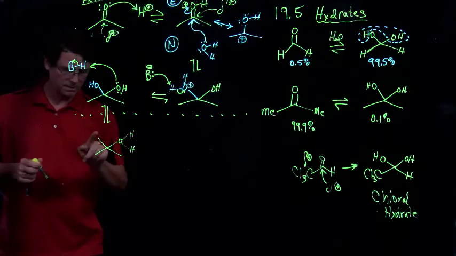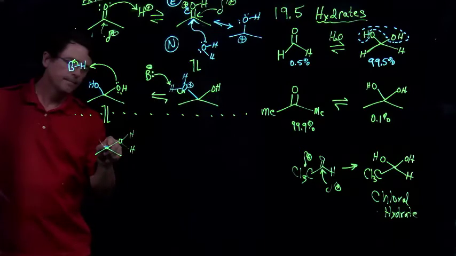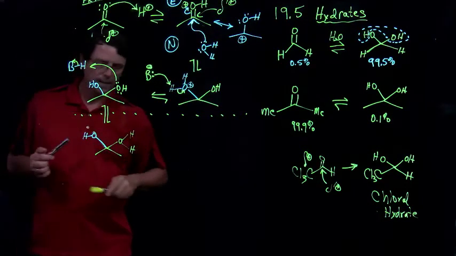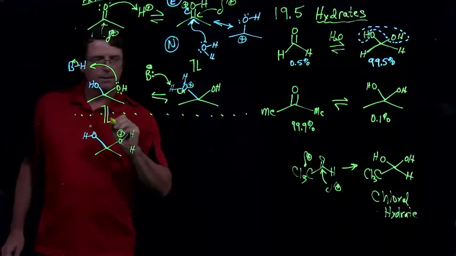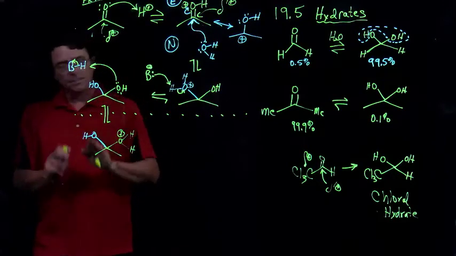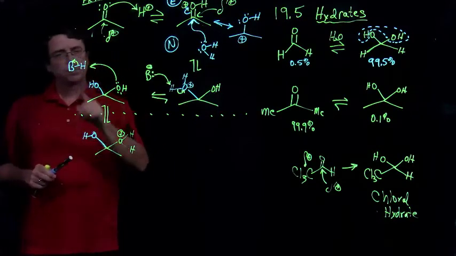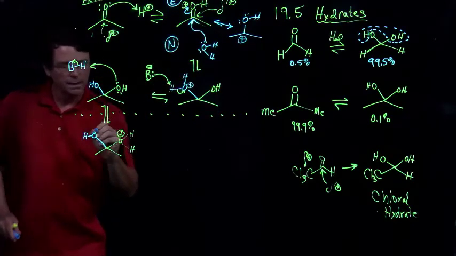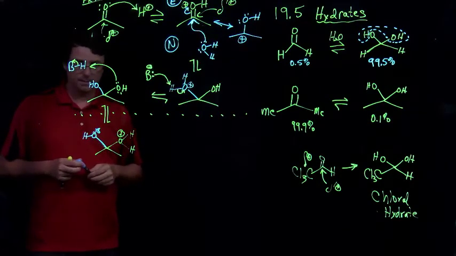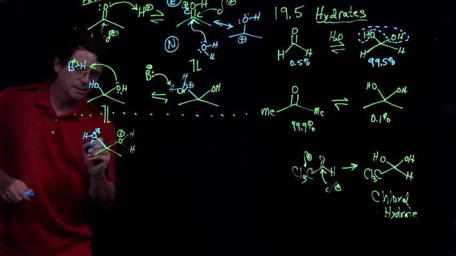I want to switch colors on it there. All right, now we've created a new oxonium ion. It's degenerate with regard to the other, except that we've protonated the other oxygen. So imagine if my blue oxygen that I've put in here is oxygen 18. So we've labeled it. What will happen next, of course, is one of the lone pairs from oxygen can swing